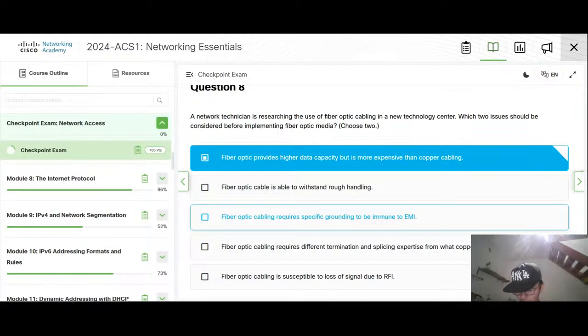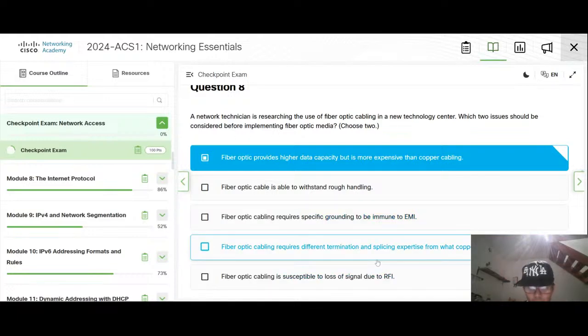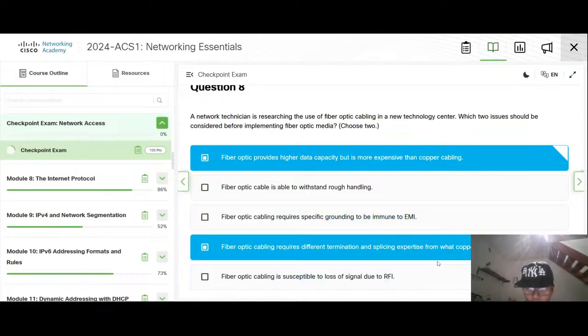It's really not needed. It's easily terminated, so it's not.